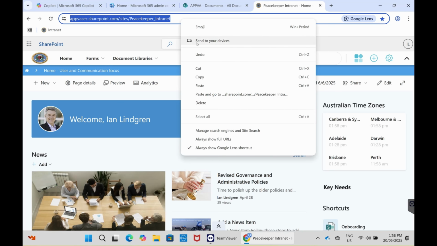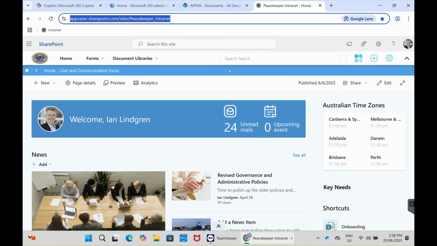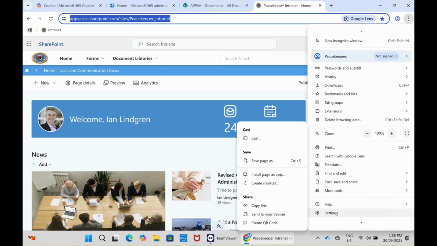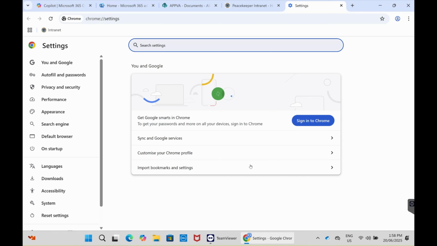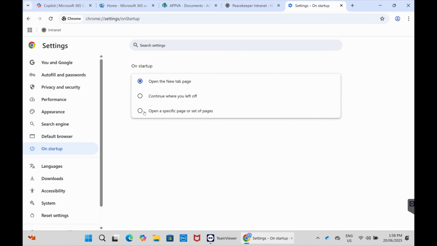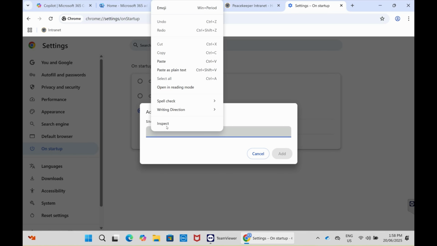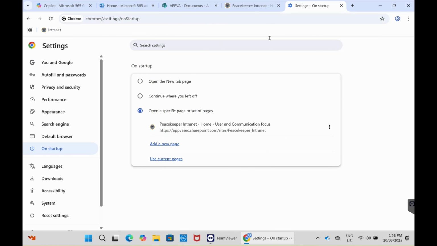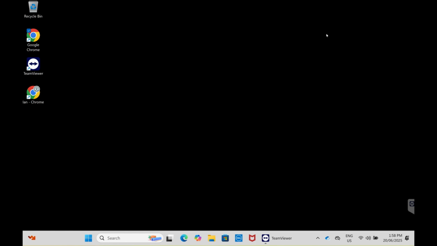And the last step I want you to take is to copy that URL, go in to settings, which is just down the bottom a little, go across to on startup, open a specific page, add a new page, paste that in, add it, and now we can close the whole Chrome,